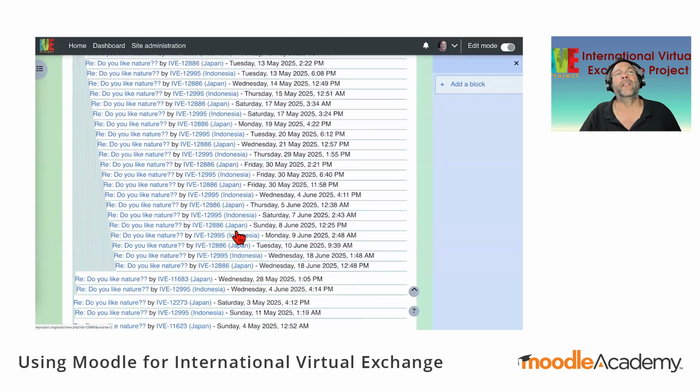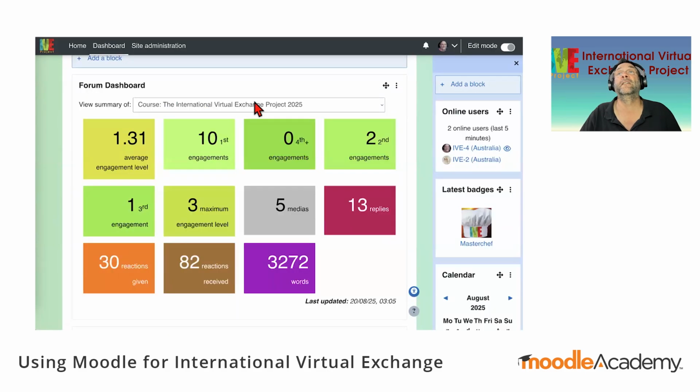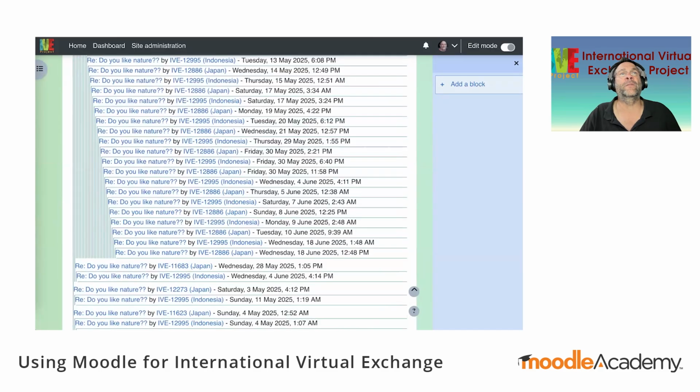Okay, so if we went to this student and logged in as that student, their maximum engagement level for this one here, if we counted those out, would probably be around about 14, I think. So that's the maximum engagement level.